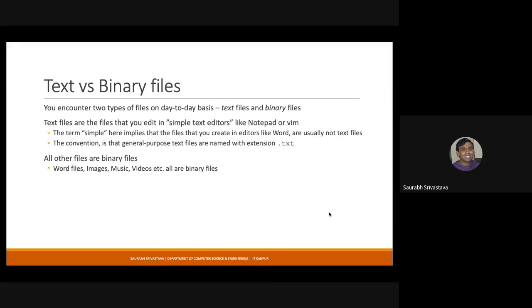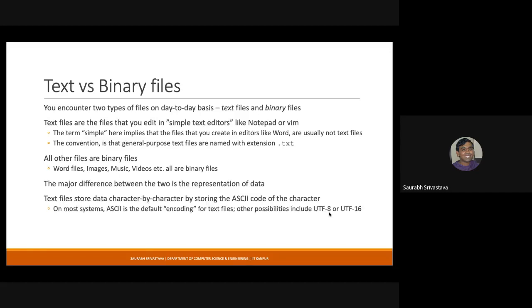The examples of binary files are basically all the files that you use other than those simple txt files. Word files, images, music, video, they are all binary files. The only thing that you have to realize is that even though they are both just a collection of bytes, the interpretation is different. For a text file, each byte is essentially representing a character, and in binary files, you have your own format. You define what is the interpretation of each individual byte or a collection of bytes.